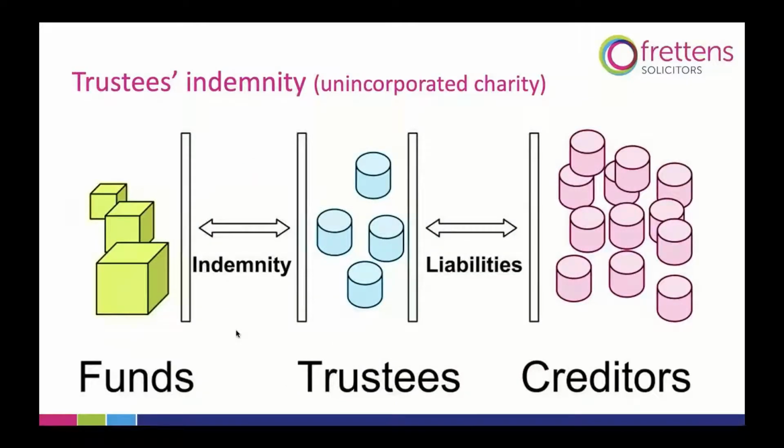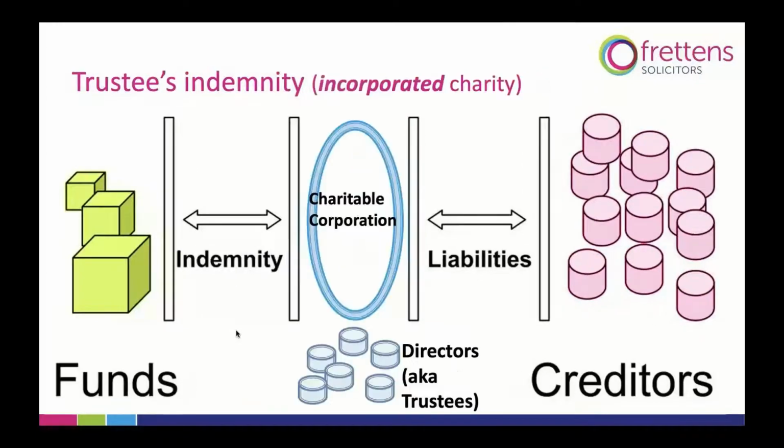What you've actually got is personal liability. And again, we're talking about an unincorporated charity here. You've got personal liability of the trustees or the officers or both to pay the creditors of the charity. And the trustees themselves will have an indemnity from the funds of the charity. So they will have the right to use the funds under their control in the charity to pay the creditors, to pay the liabilities, but only within the scope of the indemnity that they have got.